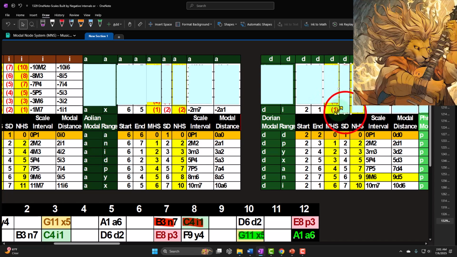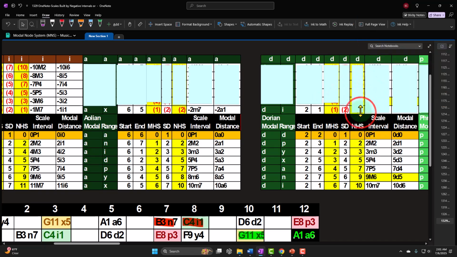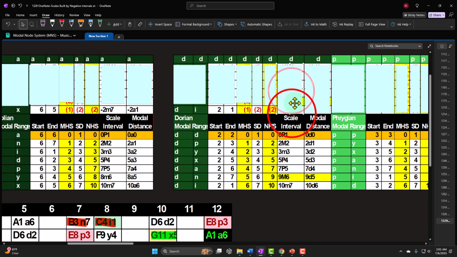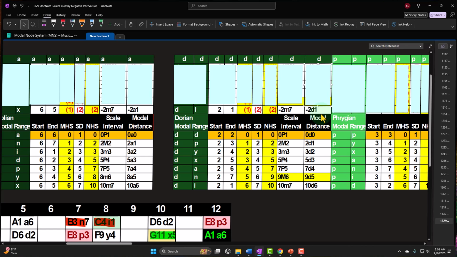So if I go 1 modal half step back, that you would think would be the second scale degree. If we had scale degrees going backwards, it would be -2 notes going backwards, and then the name or the interval would be a -2 note away from the minor second, a -2 minor 7 for the same reason we saw before for the Aeolian. But I'd rather call it a -2 notes away from the Dorian node, negative first modal half step, because going